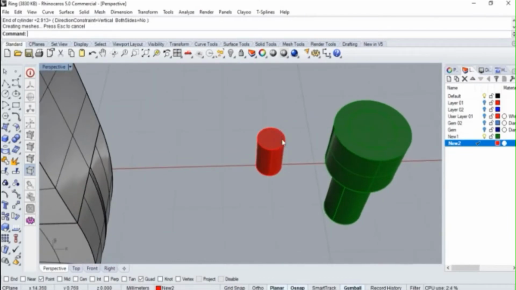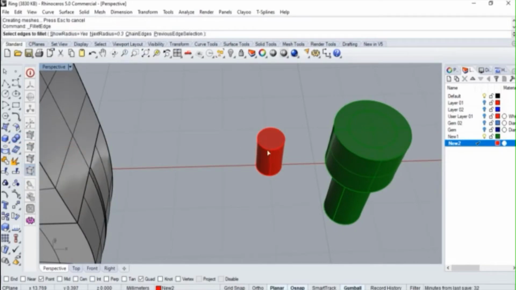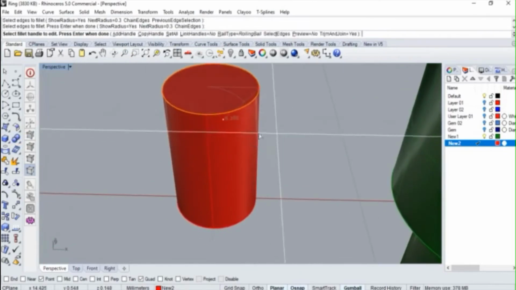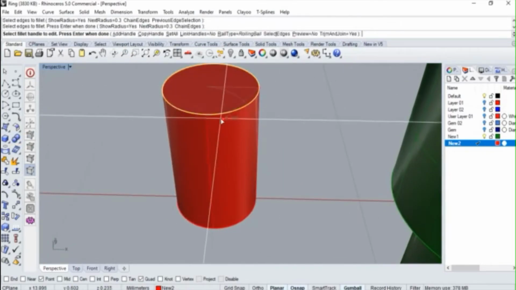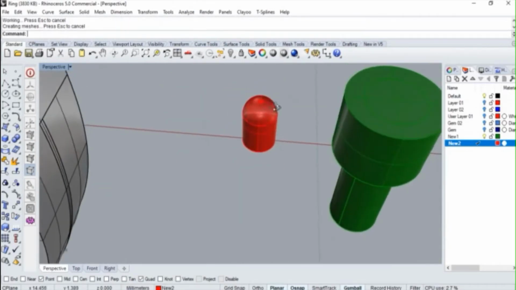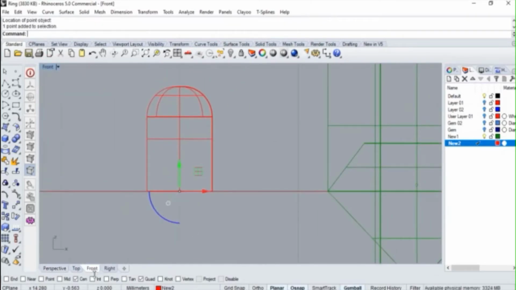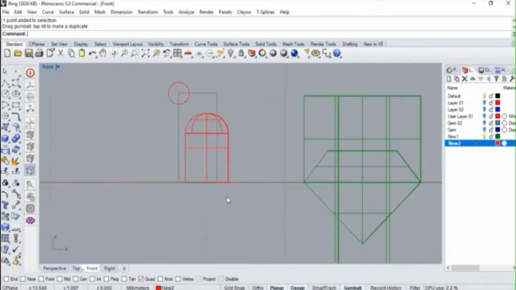And I can fillet the top surface. So I will apply the fillet edge command and select this edge. If it is going beyond the center, just move it a little bit like this. Okay, then I will put a point in the center of the bottom, and I will move this point somewhere here. Yeah, okay,